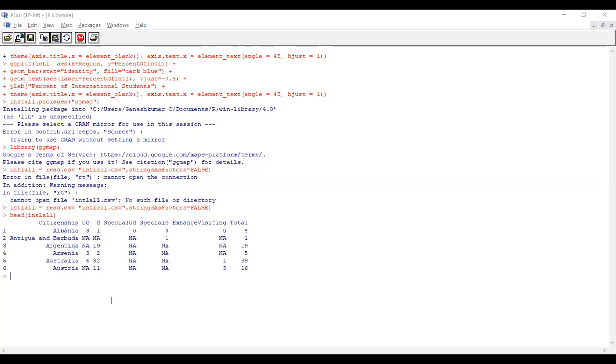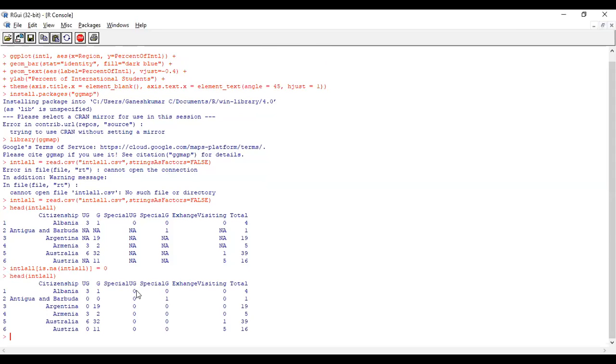So you can remove all the blanks. We can remove them using the command is.na, assigning 0. That means wherever there are blank values, they will be replaced. Now check the heading again one more time. Now you will not get any NA. All will get 0, 0, 0. Replace NA with 0.